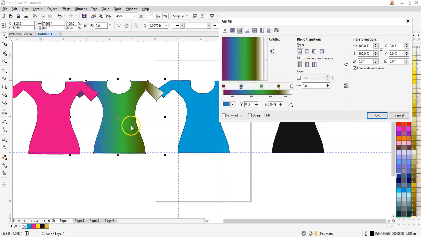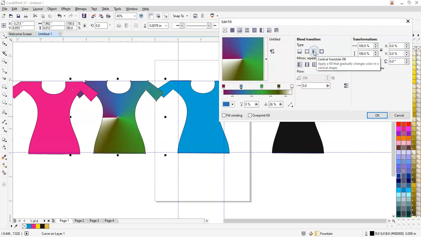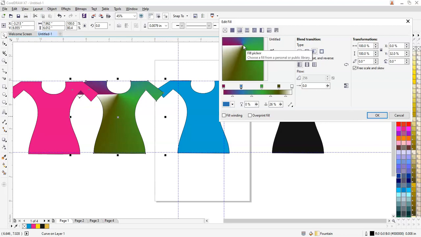So now friends, here I have created a shade, but then I have different blend transitions, how I want the color to be blended. Now if I say this elliptical fountain fill, I get an elliptical fountain fill. I want a conical fountain fill, I get a conical fountain fill. I want to move this a little up, I can just drag with the mouse and move this a little up. I have another mesh tool which I will be teaching you all, where directly you can work on the screen. But right now through these options we can just practice these colors.